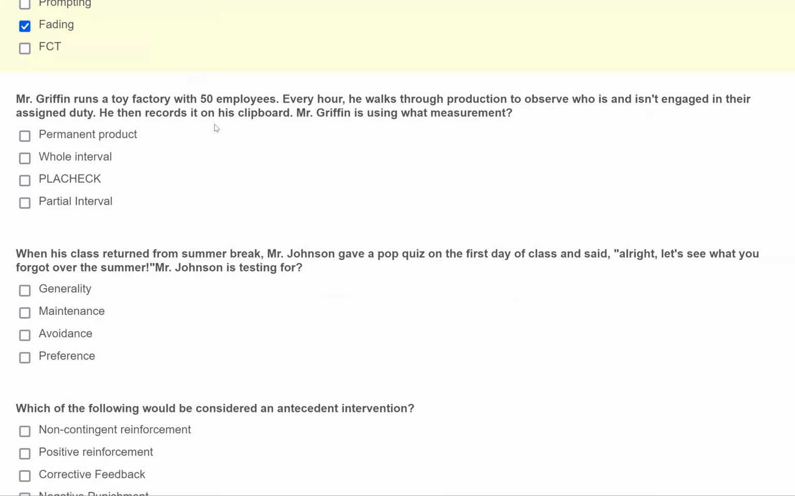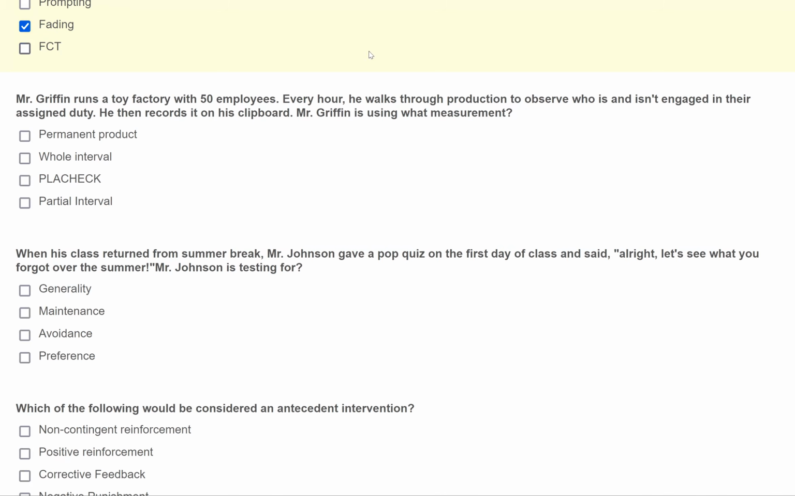So likely we're going to use some sort of discontinuous. Additionally, Mr. Griffin is only measuring every hour, meaning if his interval is an hour, only at the end of that hour does he measure behavior. So we know it's some sort of discontinuous measurement. Now, what is he doing to measure? Well, he is walking through production at the end of our interval, observing who is and isn't engaged in their